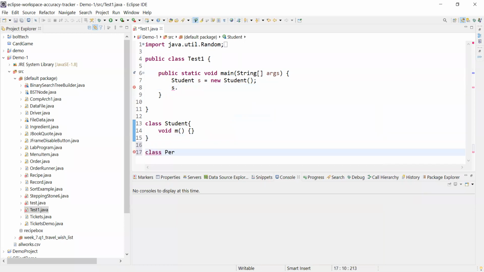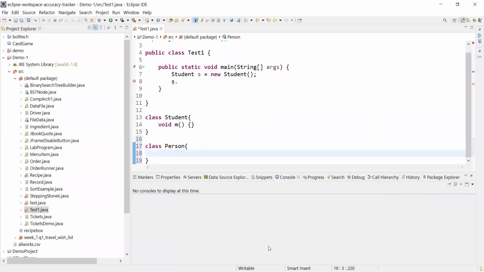Let's say this class, we have another class, let's say person. Okay, and in this person class we have a method called get name. Okay, and this is gonna return us a string.